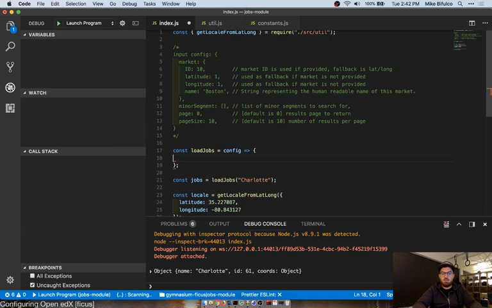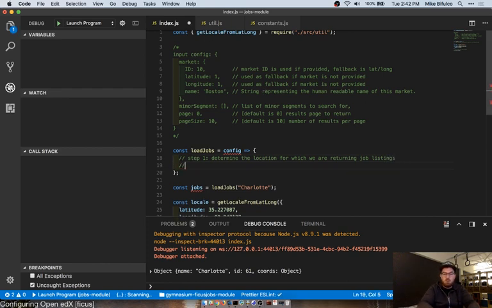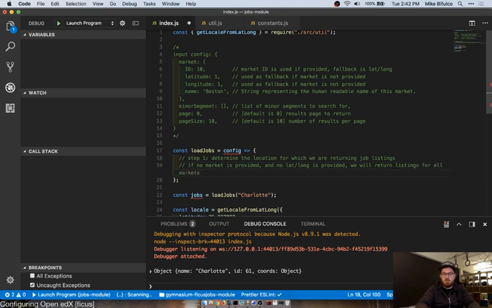So here's how we're going to start. Step 1. We'll write some pseudocode here. Step 1, determine the location for which we are returning job listings. If no market is provided and no lat long is provided, we will return listings for all markets. That's what I'm going to start with.